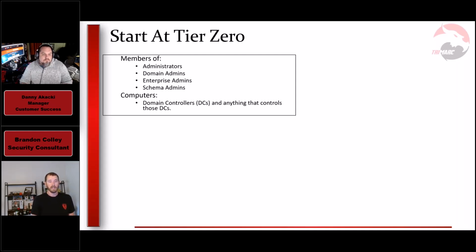And then things like an agent that's installed on the domain controller. Way too often we see things like SCCM that are used to patch all workstations, all servers, also patch your domain controllers. So it doesn't have to be SCCM. It's basically anything with an agent installed that can run code. Essentially it has control over that domain controller.